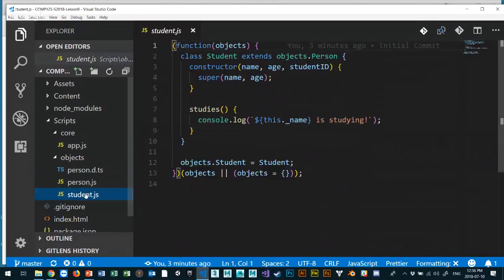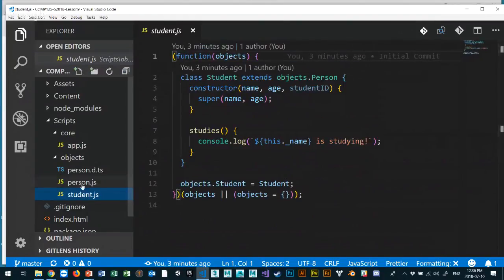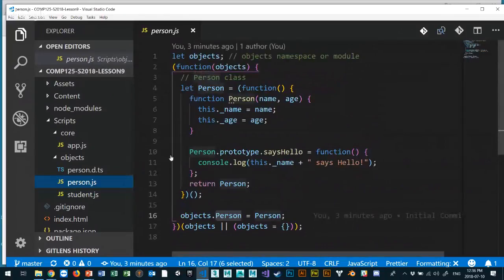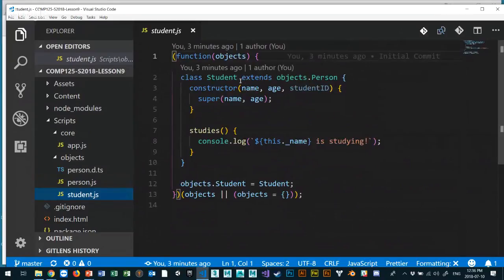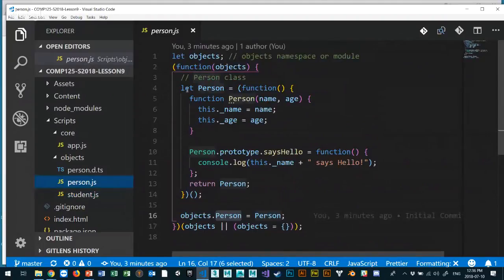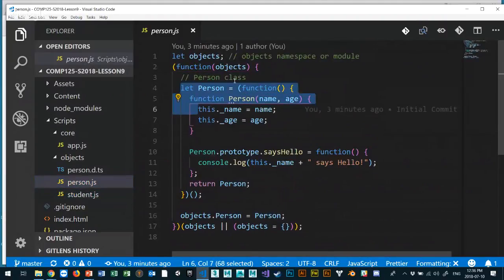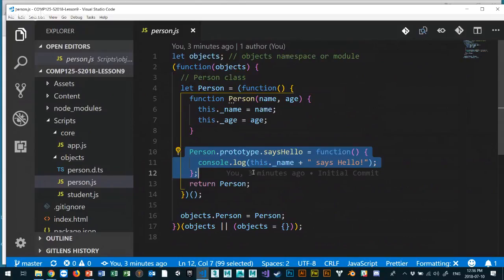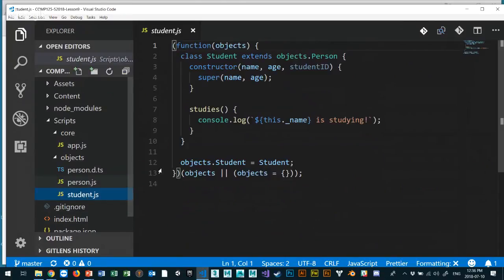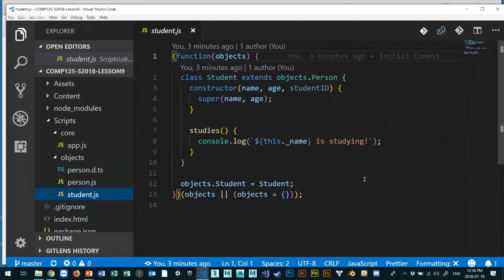Okay, so that's what we've done. We've also extended the module pattern, and there's two ways of doing that. One, we did it this way, right? So this is the first way of doing it. And then the other way we did it like this, where we actually used ES6 syntax. So this is the older syntax, where we say let person is equal to function, and then we do a person.prototype.sayHello, which is the method for the class. And then we tried this new way of doing things, which is a little clearer,